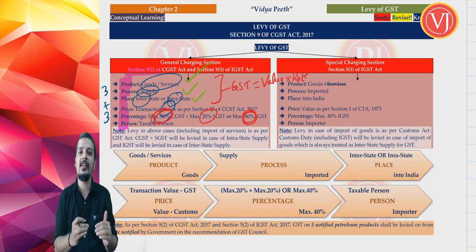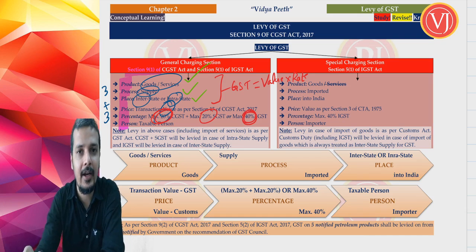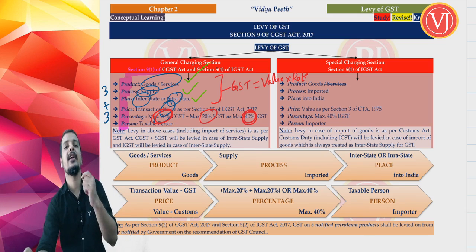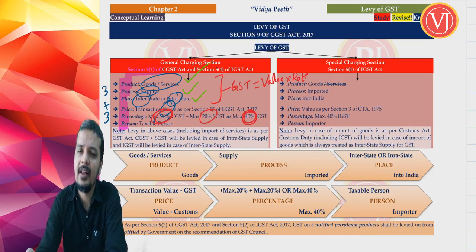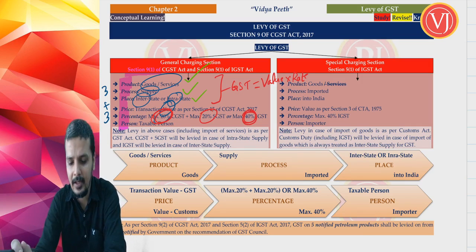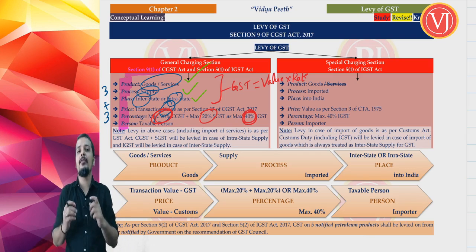If it is CGST, SGST, you have to read it as 14%, 14% for 28, and 9%, 9% if the rate is 18, 6%, 6% if the rate happens to be 12, 2.5% CGST and 2.5% SGST if the rate happens to be 5, and 0% CGST and 0% SGST if the rate happens to be 0. Right? And finally, when you calculate the tax, someone should pay the tax.